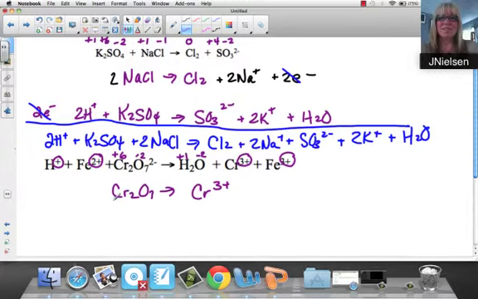I have 2 Crs here, so I need 2 Crs here. I have 7 oxygen here, so I have to add 7 waters, which is going to give me a net of 14 H plus on the left. So I have 2 times 3, which is a net plus 6, versus a net of 14 plus, which means I need to add 6 electrons here, because a negative 6 and a positive 14 is a net